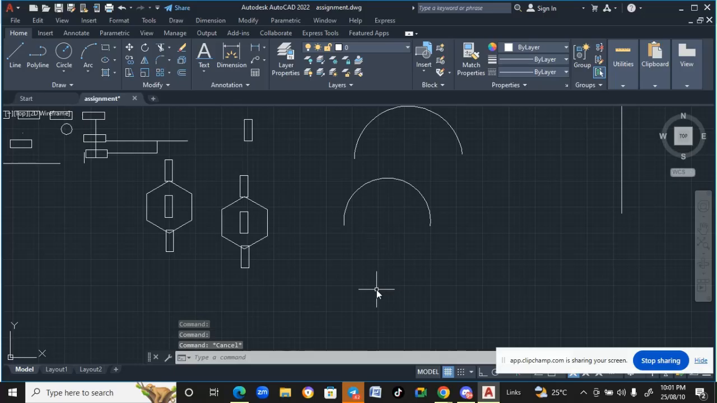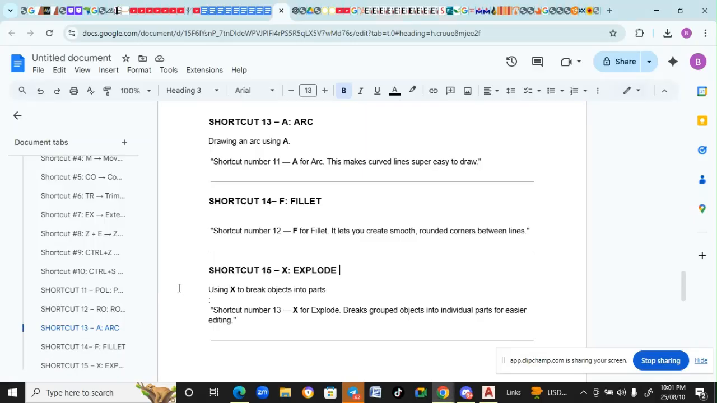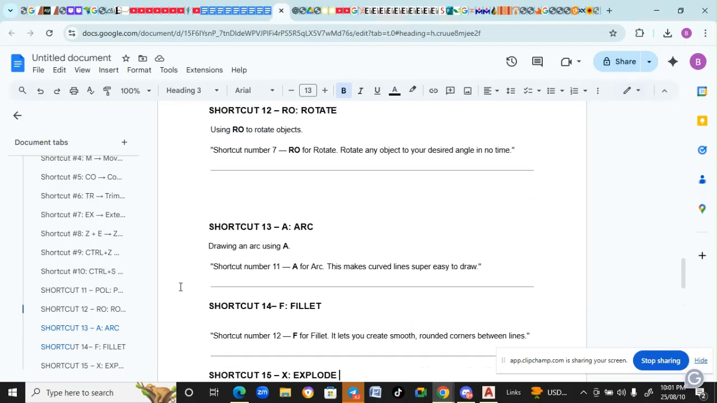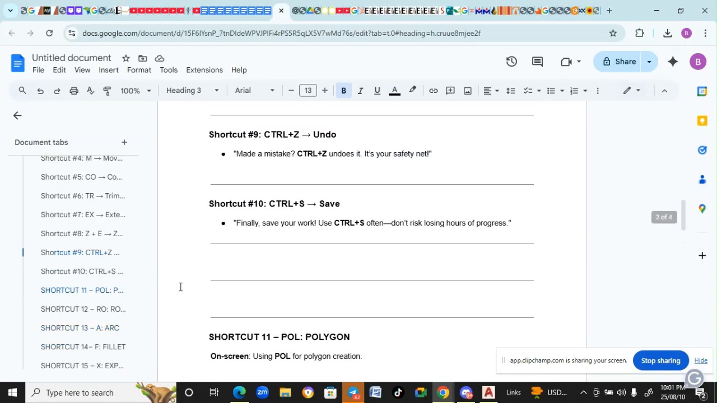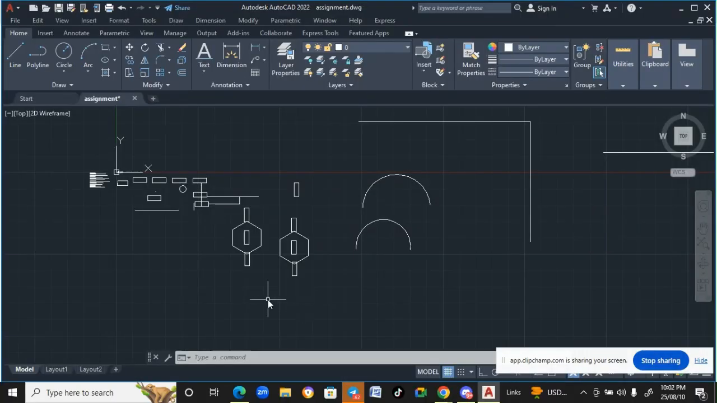So you find out that at the end of the day, we have looked at line, circle, rectangle, polygon, trim, extend, zoom extend. We have looked at fillet, explode, arc, rotate, polygon, just about 12 of them. So what you simply need to do is to watch the video, practice them one by one, and by the time you practice it twice or three times,